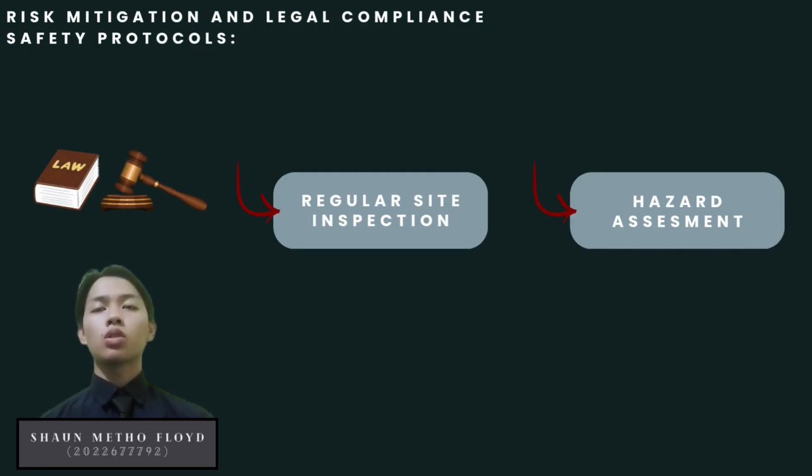Safety protocols in construction and how they help reduce legal risk. Construction sites are full of hazards like high places, heavy machinery, and sharp tools. So, safety is not just about protecting workers, it also helps protect the company from legal problems. Basic safety gear like helmets, gloves, vests, and steel toe boots is required by law under Malaysia's OSHA 1994. These are not optional. Contractors must follow them to avoid being seen as negligent.